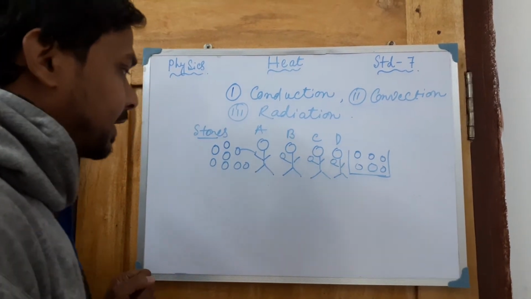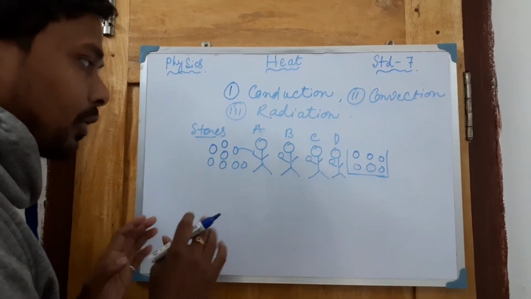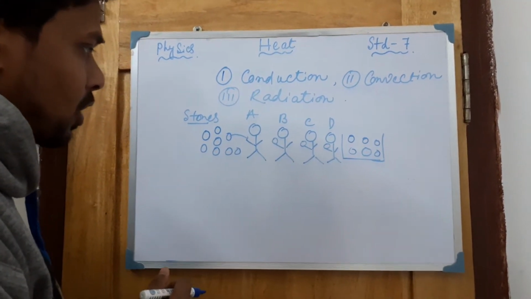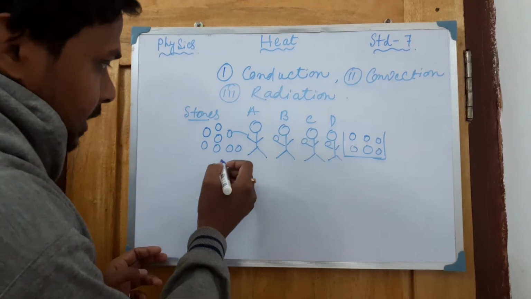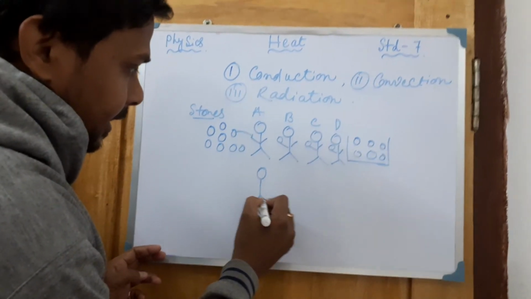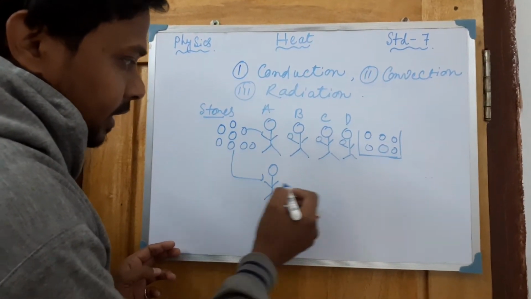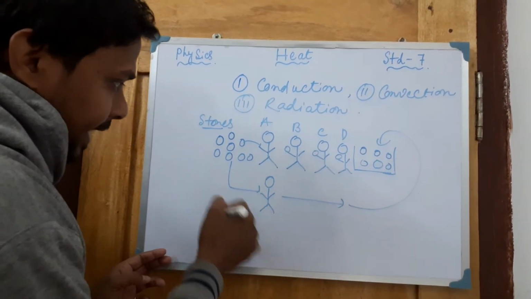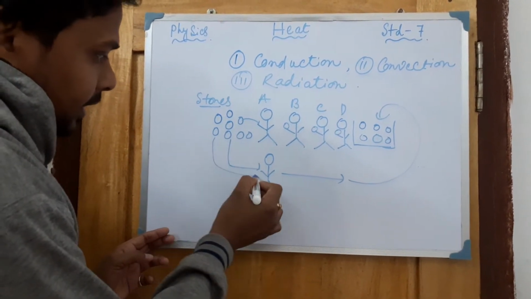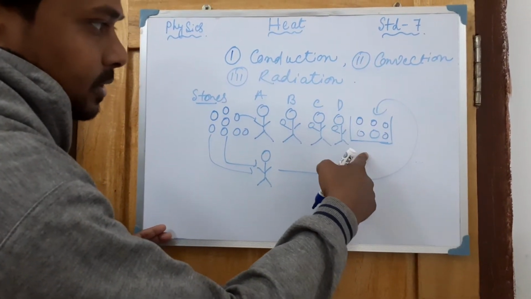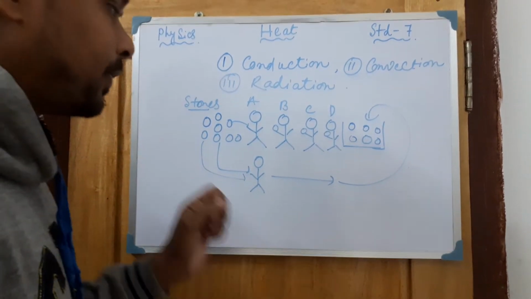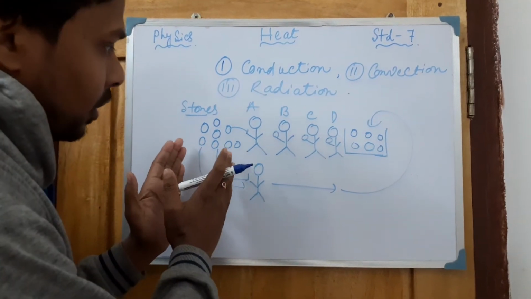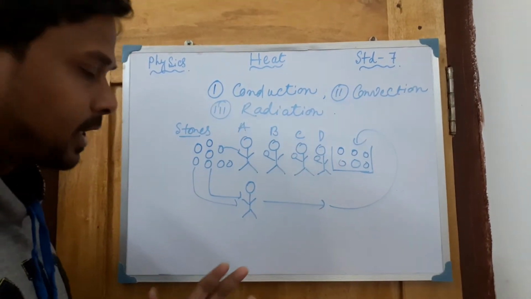Second particular point is what? Same amount of stone, how could it be displaced from here to there? Another method is also there. Suppose one person is standing here, he took one stone, ran here, and placed it here. Second time again he comes back, takes another stone, and again puts it here. In this way, one by one, all the stones from here to there can be transferred. This is the second process.